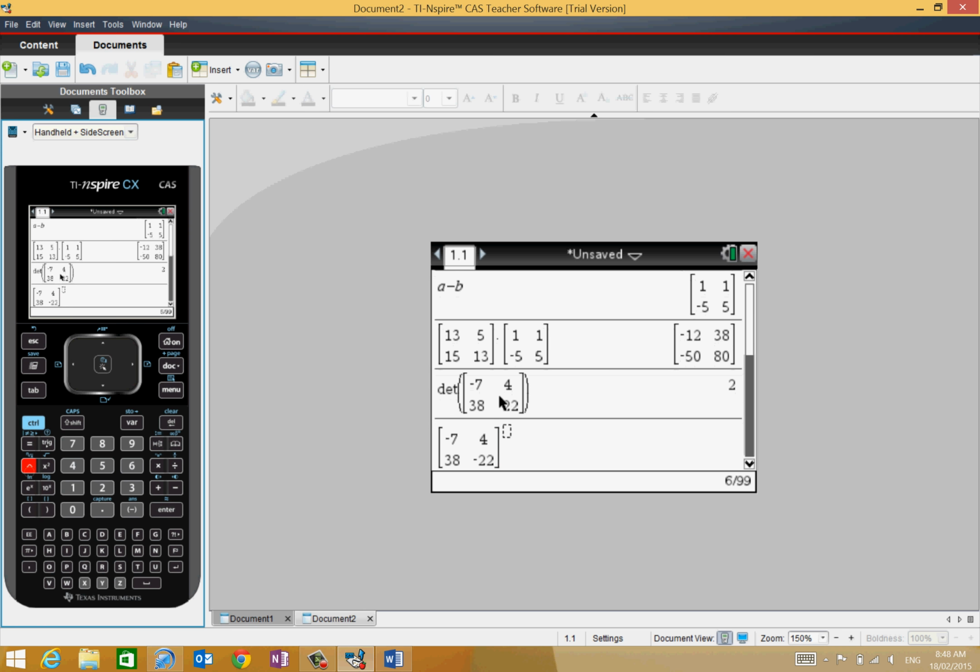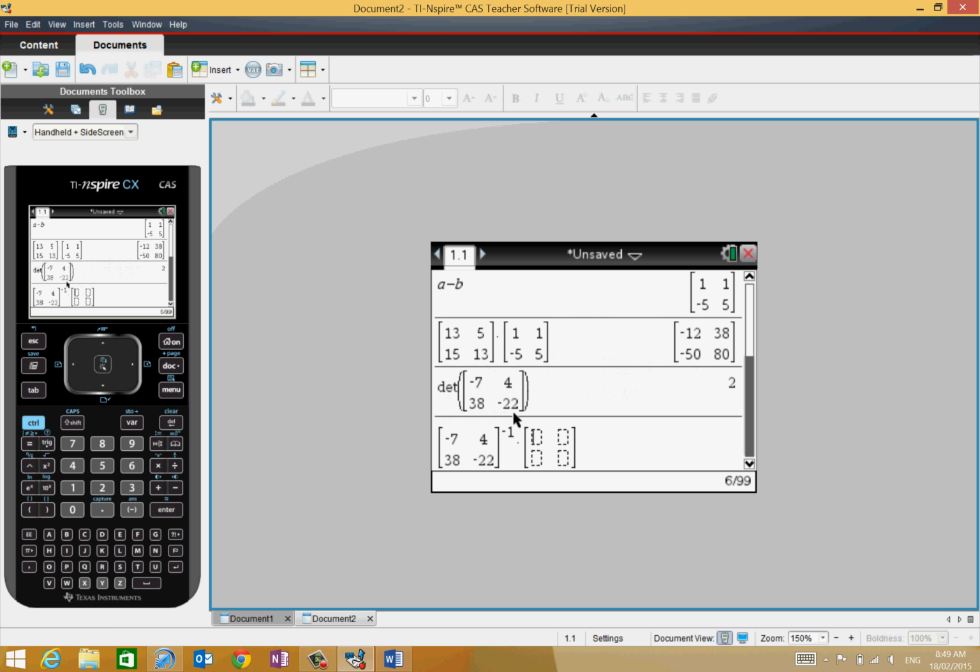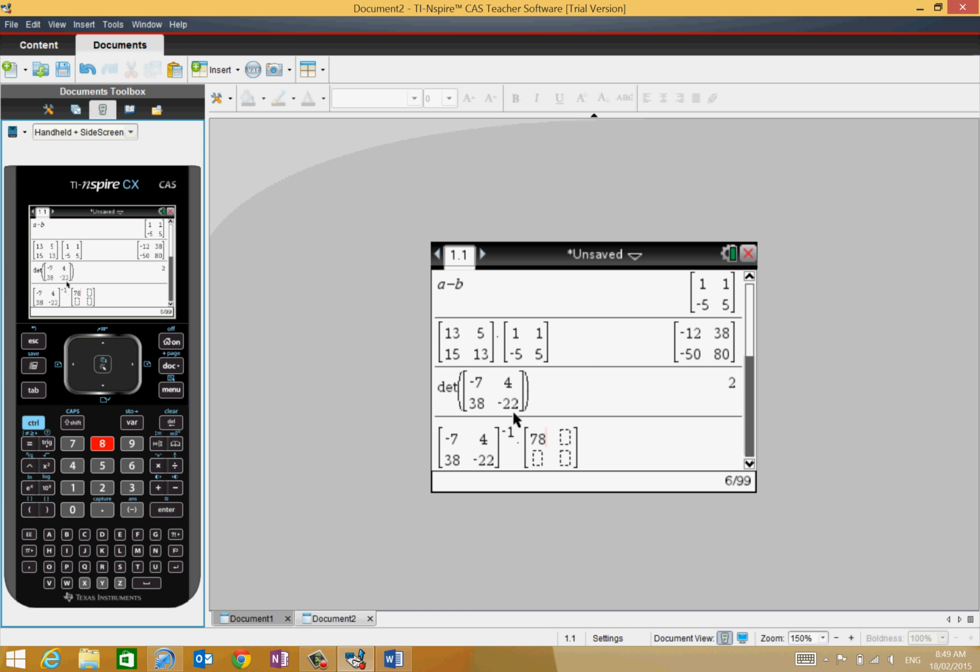So that's to the power of negative 1, and because we only have to use it once, I'm going to multiply that by another 2 by 2 matrix, and that is 7, 8, 9, 10. And we want that to be the inverse, so it's to the power of negative 1,